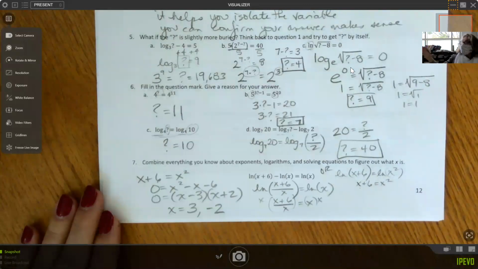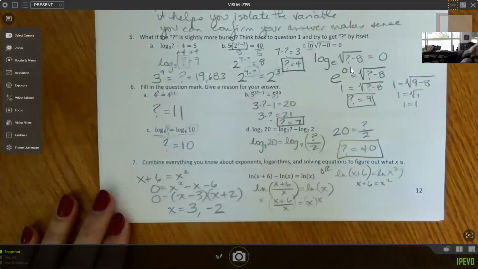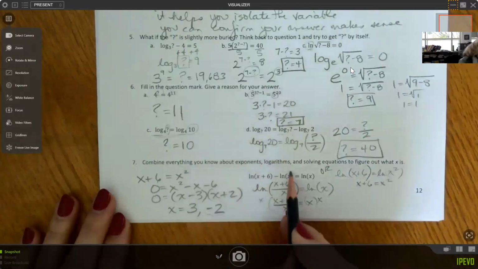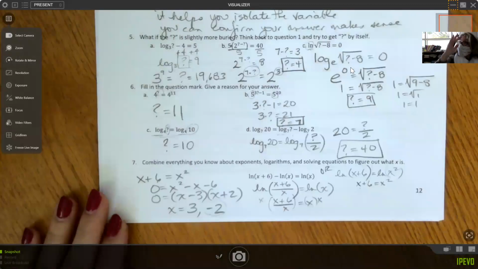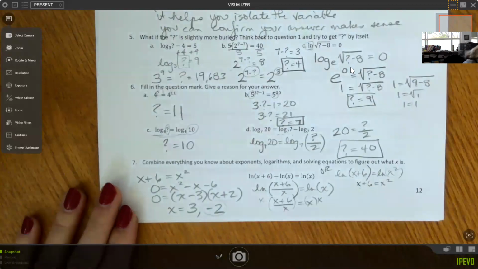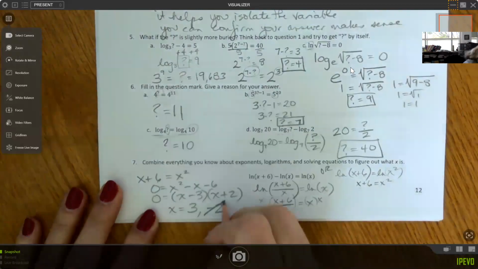Exactly, because we cannot take the log of any base of 0 or negative numbers. So you see up here, if you tried to put in -2, it would blow the whole thing up, right? I cannot. It's undefined. I cannot take the natural log of -2. So at this point, I cross that out. That is